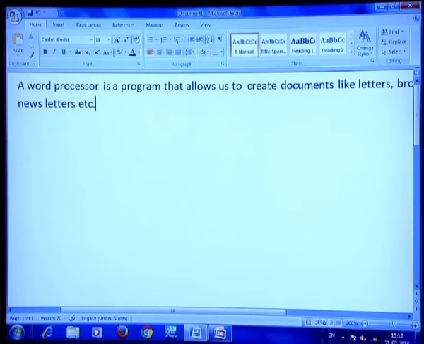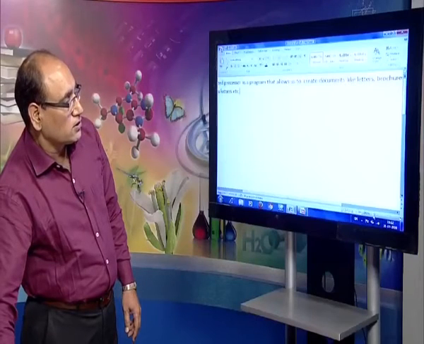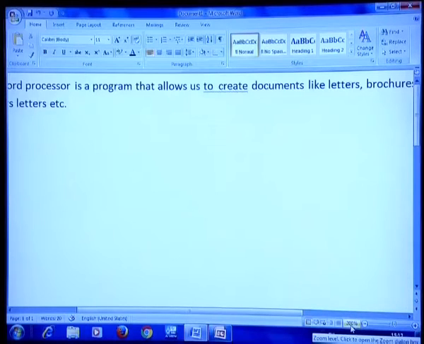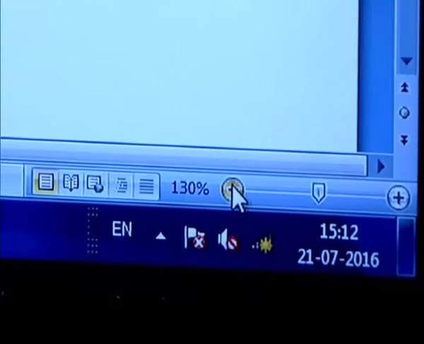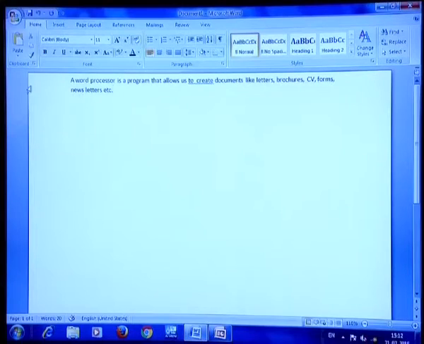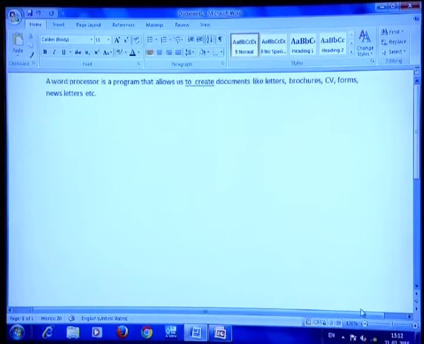As the page does not fit the width of the screen, that is why we see the horizontal scroll bar also. We can scroll the document. You see this zoom button. Right now, it is at 200%. We can decrease the size. This is the display size. Now, the document fits very well in the display window, so there is no horizontal scroll bar. If I increase this display, then you see this horizontal scroll bar automatically appears.